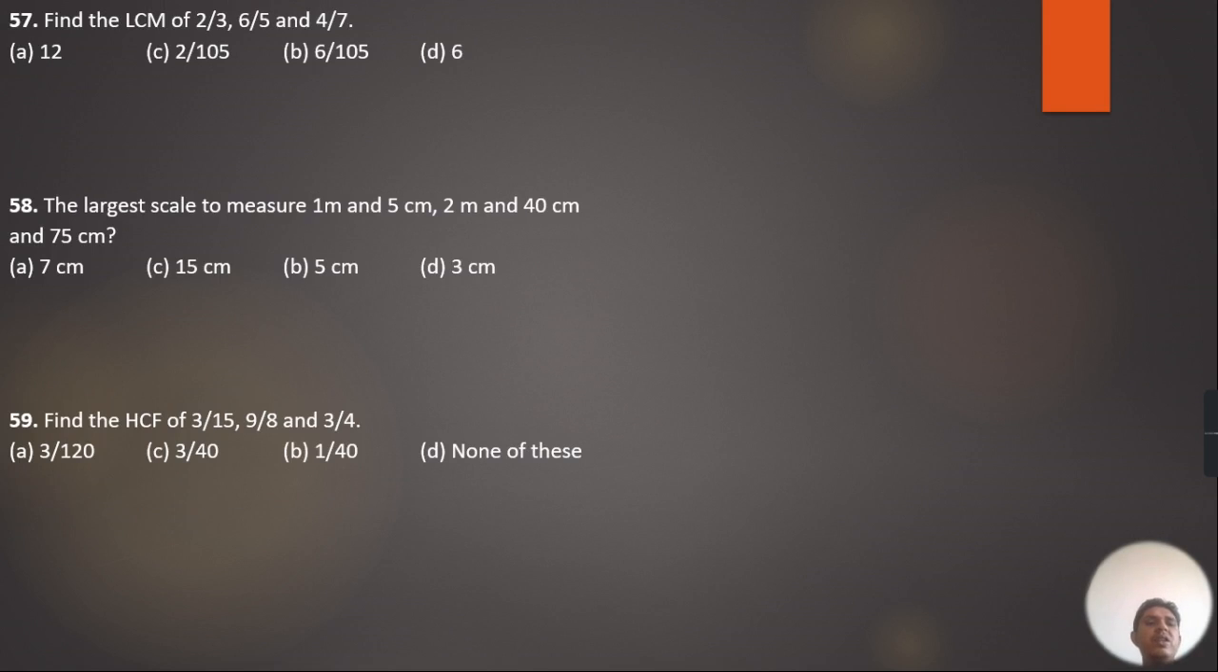Okay, coming to the next question we have, find the LCM of 2/3, 6/5, 4/7. So students, this is the kind of question that we have done earlier. So for this question, just take the LCM of all these. So LCM will be 105 and this will be 70,